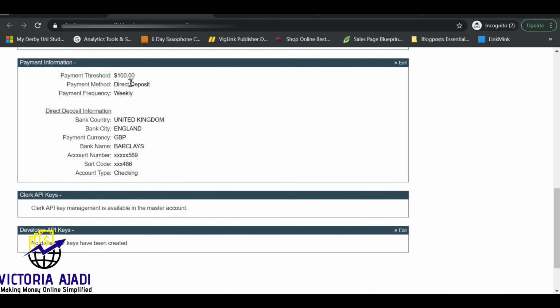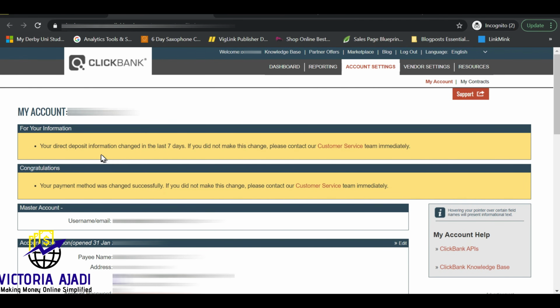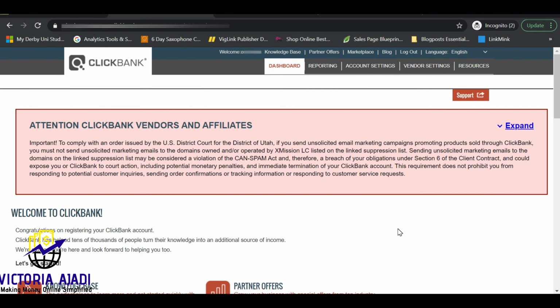That everything is set, you can go ahead and start promoting Clickbank products, but have it at the back of your mind that every time you log in or use Clickbank, you need to put on your VPN. If you need extra help with that, there's also a video about VPNs that you can use in my description